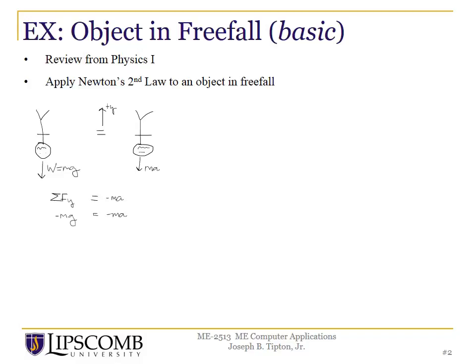Now, let's note that we have negatives on both sides and we have mass on both sides. Those can cancel out, and we end up seeing that gravity, the acceleration of gravity, equals the acceleration of the object, the person in this case. In other words, this model is telling us that the person will accelerate with a constant value. Remember, we also know that acceleration is equal to the time rate of change of the velocity. So this tells us that we have an equation we can integrate to solve for how the velocity changes